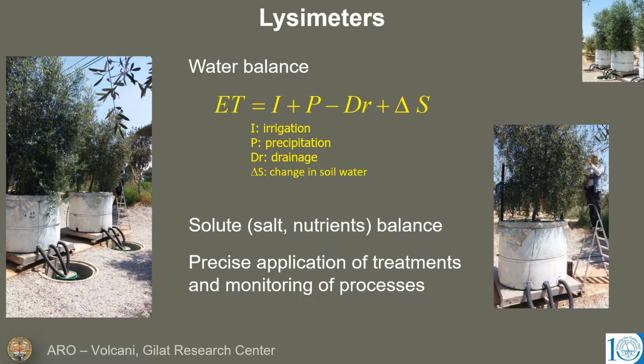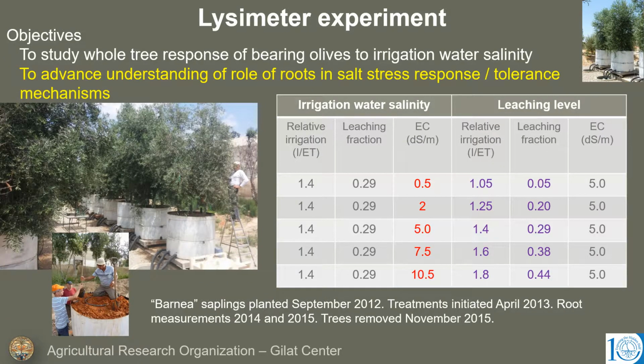And secondly, they enable us to have near-field conditions with a real soil profile, with conditions that we can control, and with the ability to isolate variables and do very precise research, but on trees that essentially can be full-size, mature, bearing trees. So what we did was we set out to study whole tree response of bearing olives to irrigation water salinity, and on the side we tried to advance our understanding of the role of roots in salt stress